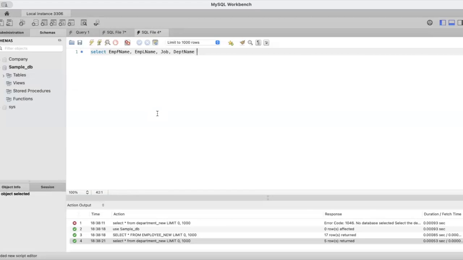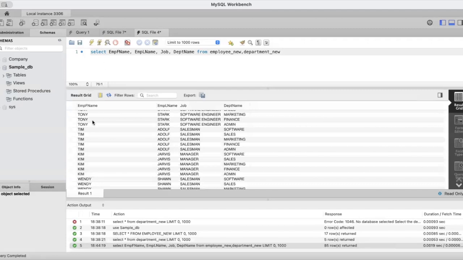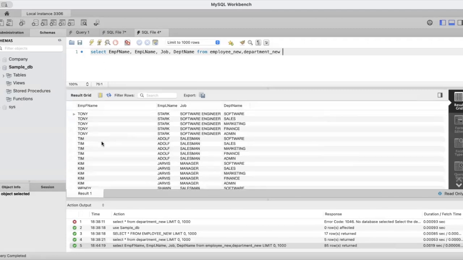Now, next I have to give from which table? Since I am retrieving this from two different tables, I'll give the names of both the tables. Employee new, comma, department new. All right. Now, if I don't specify anything here, let's try to execute this and see what happens. So you can see it has combined